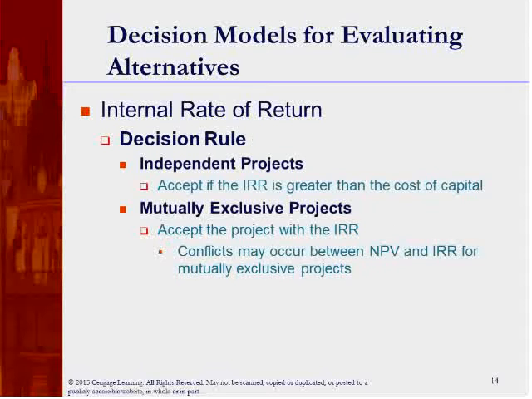So how do we do it? Now if you look at it, the decision rule is accept if the IRR is greater than the cost of capital. For mutually exclusive projects, like for example, how do you do IRR on your calculator? Let me show you.